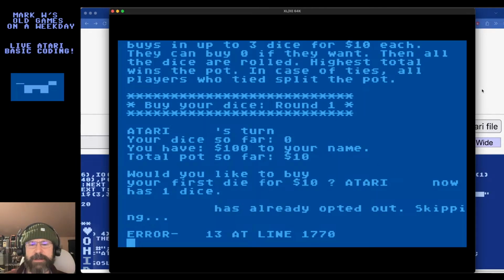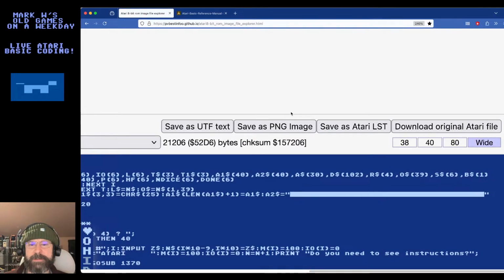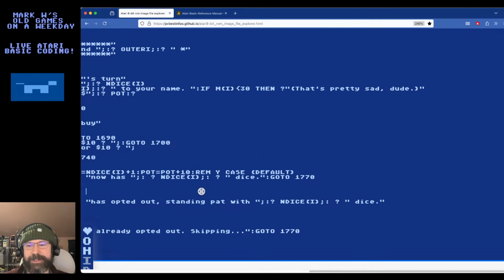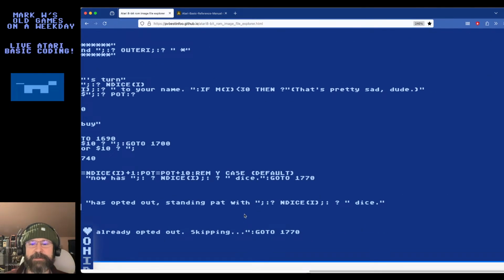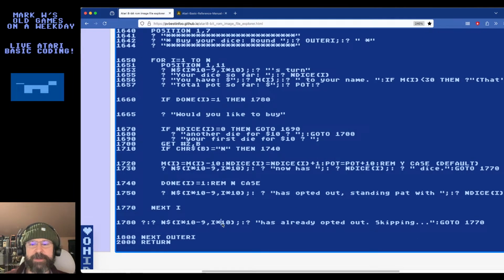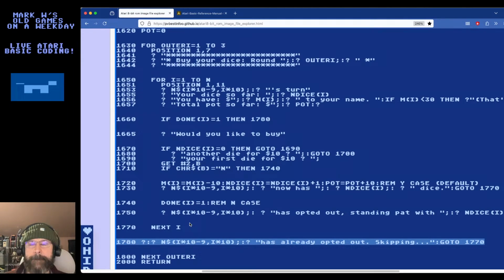Has already opted out. Actually, hold on. That might not be what I was expecting to happen. Yeah, this was what I expected. Okay. Yeah, so this line here was puzzling me why I had it here, and that's what it did after. This should be a thing for if someone hits no. I think I might just need to add an if or something.